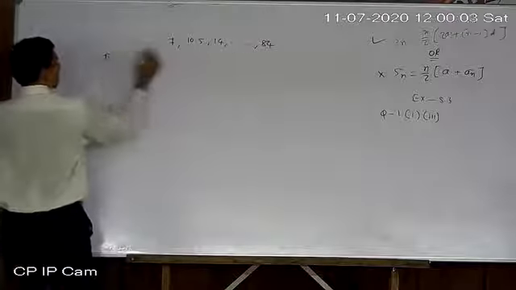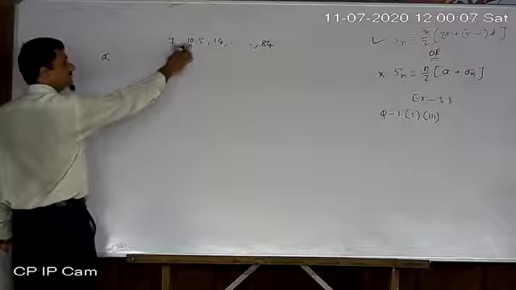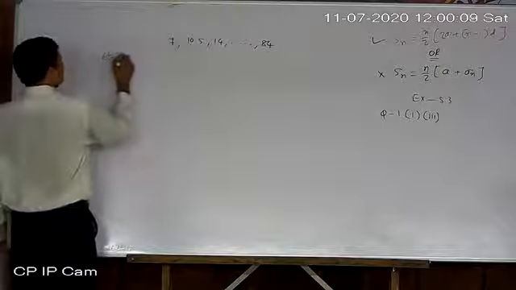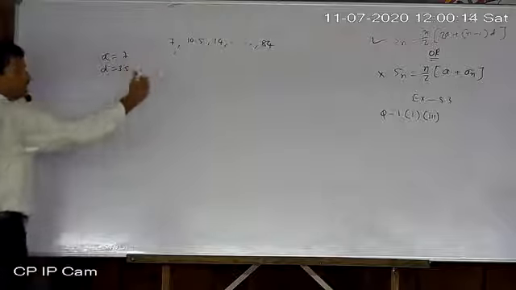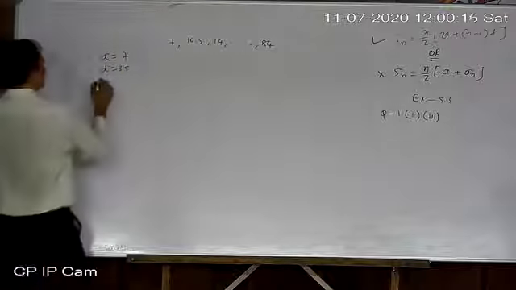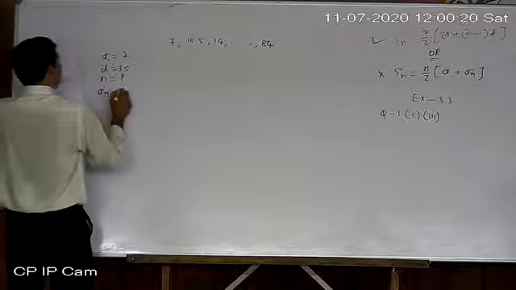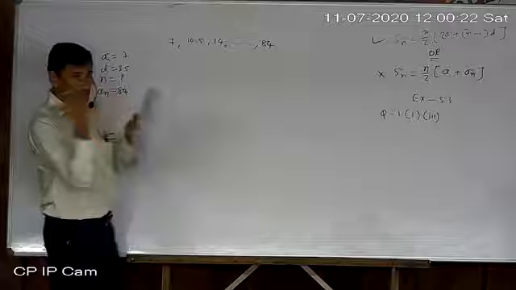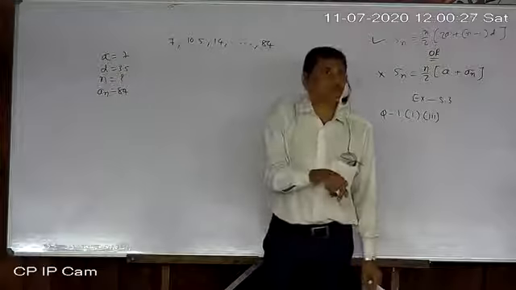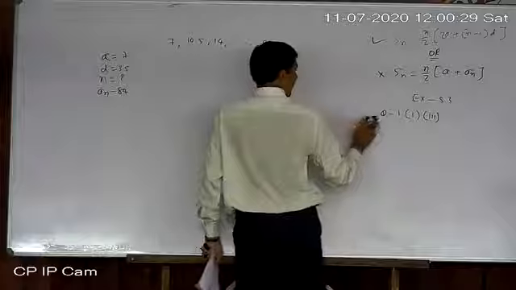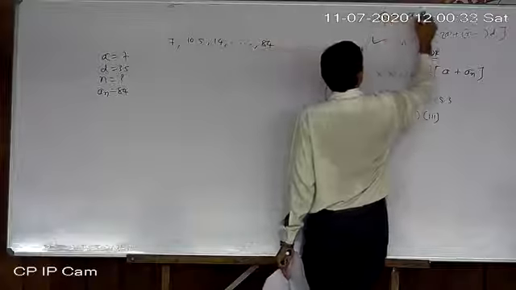Now write down, I converted into decimal form. Whenever 1 by 2 is there, I always write 0.5. So A is 7, D I can write as 3.5. Why? Because 3.5 is being added everywhere. n is not given, but here the last term is given. So according to our previous exercise, we have to find n from the an formula, and then only can we write the Sn formula.